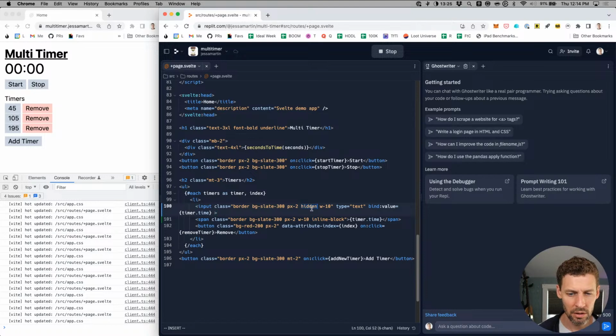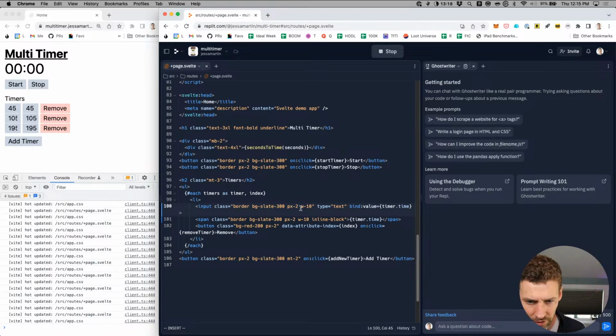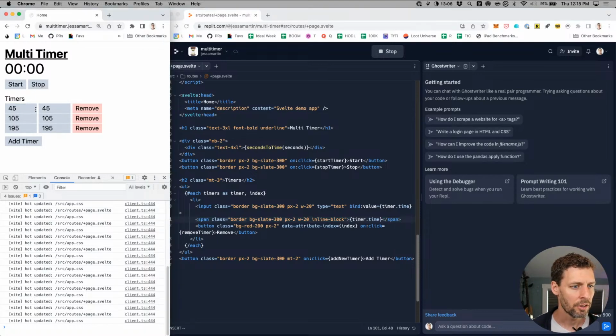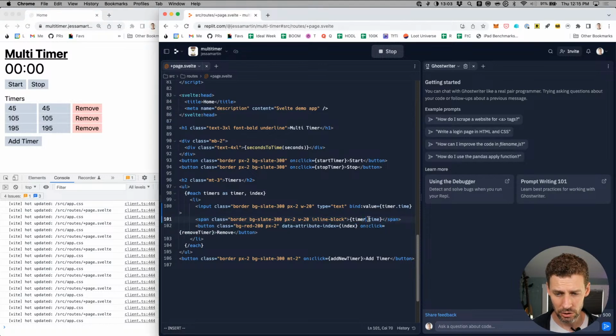Let's see what if we unhide that one, we should end up, yeah, cool. So see how these two blocks are very similarly styled. We're also going to need to make that thing wider, but let's go ahead and say 20. There we go. Cool. So now we've got these two blocks that look exactly the same. One is editable, one is not editable. Now we could go ahead and say